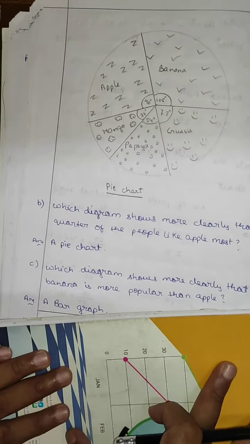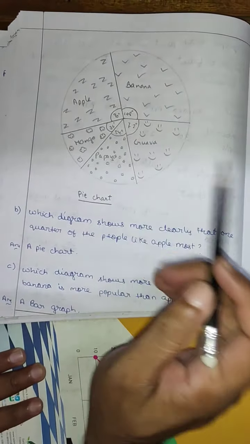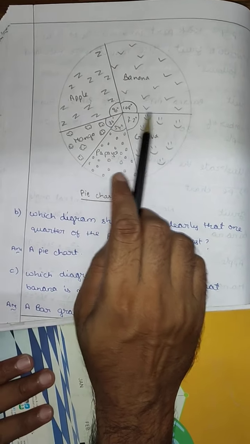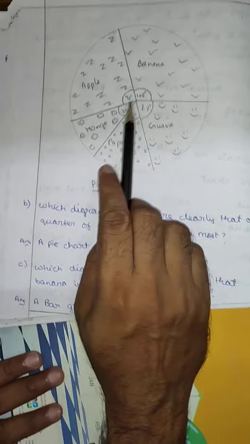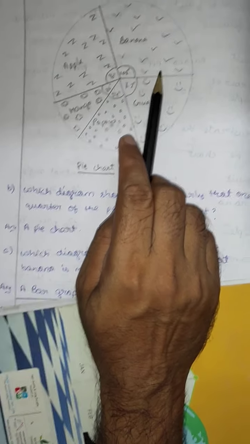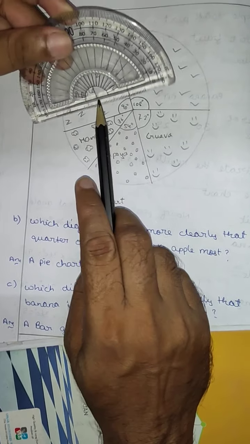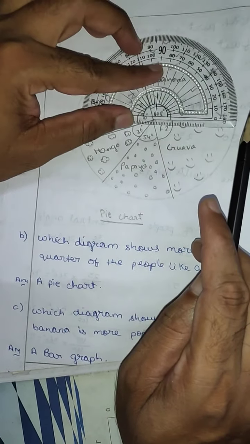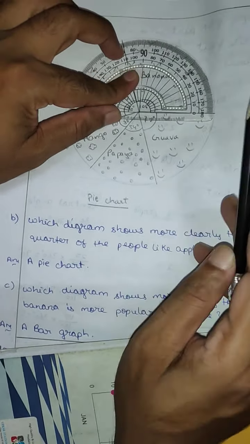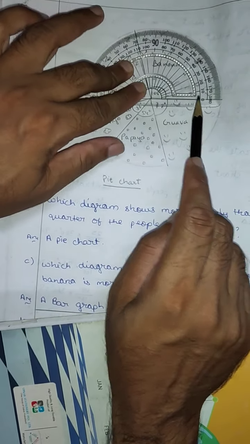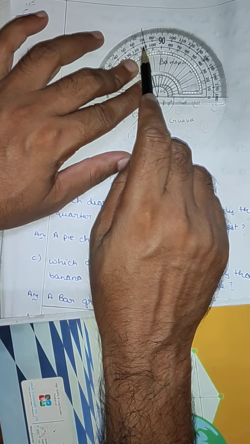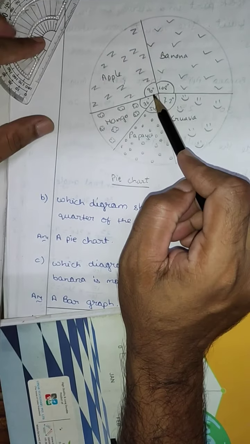By measuring 5 centimeter, you draw one circle. Then in the same way, draw the radius and put your protractor here first. Put the protractor's center at the center, and this line you match like this. Same as before. I hope you know how to measure the angle. Then the first angle you measure from 0 to 108. This is the first one.